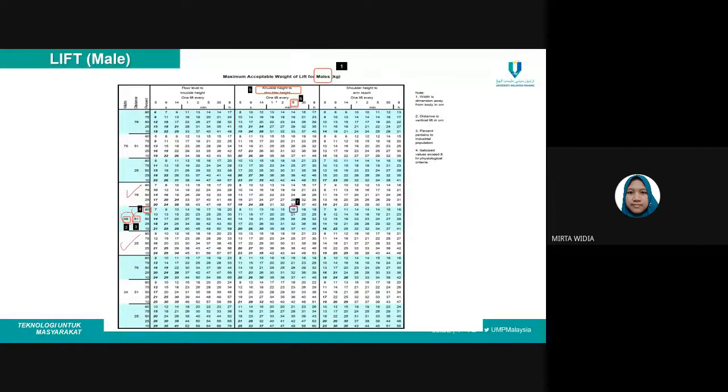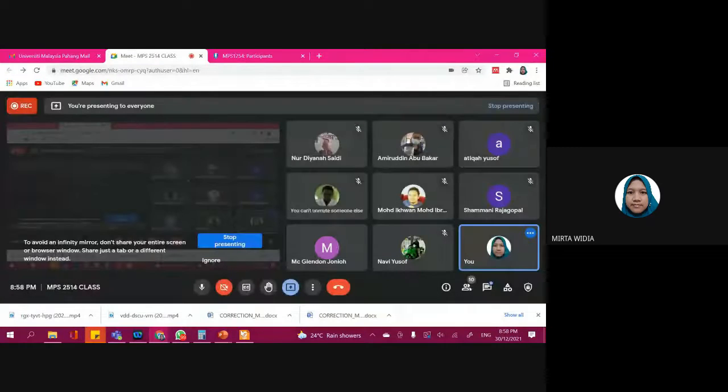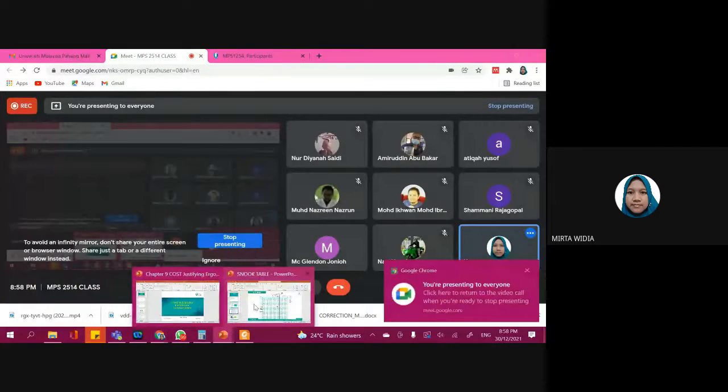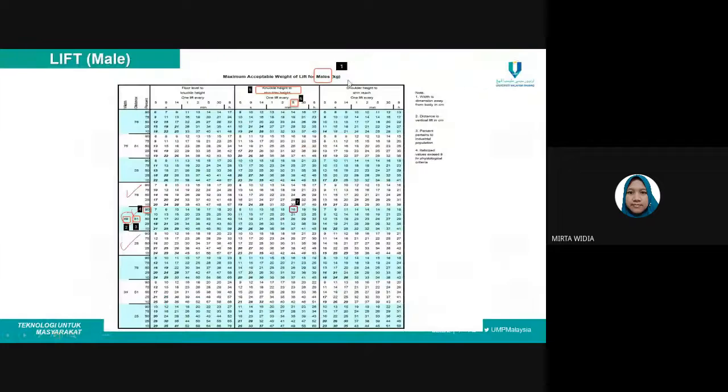Knuckle height to shoulder height. So we choose the knuckle height to shoulder height, and then after that we have to